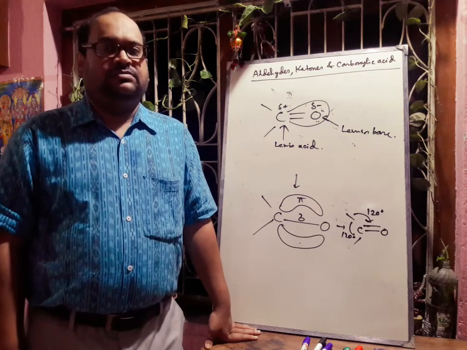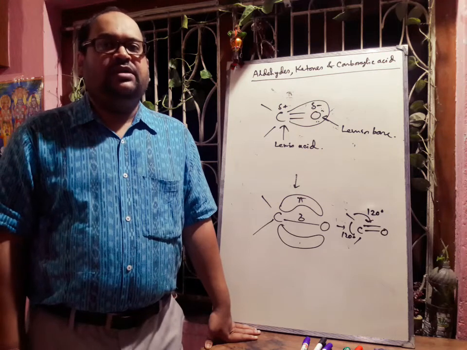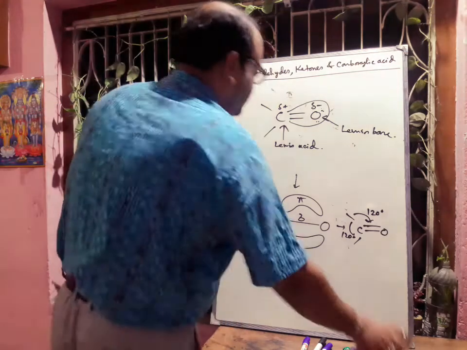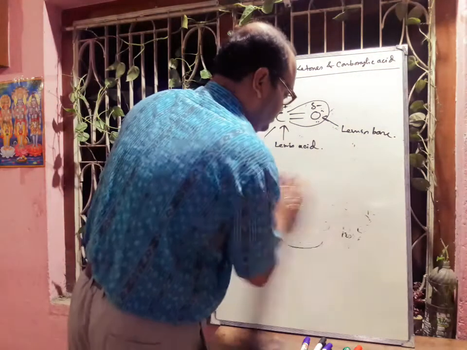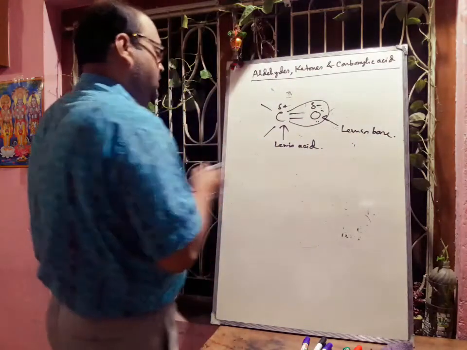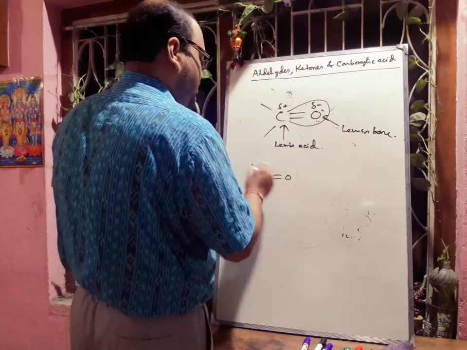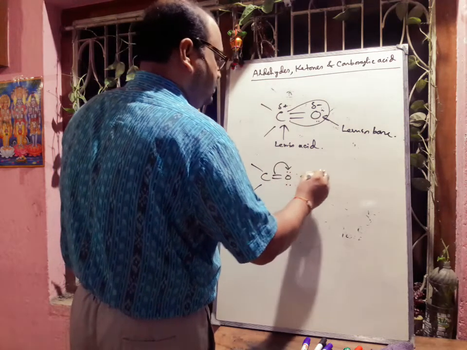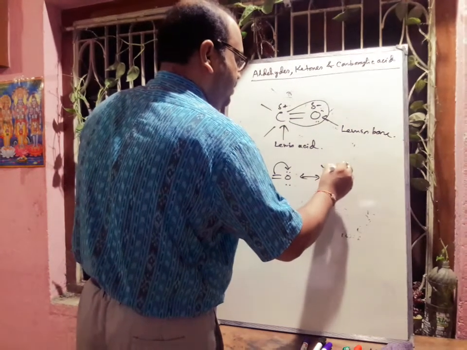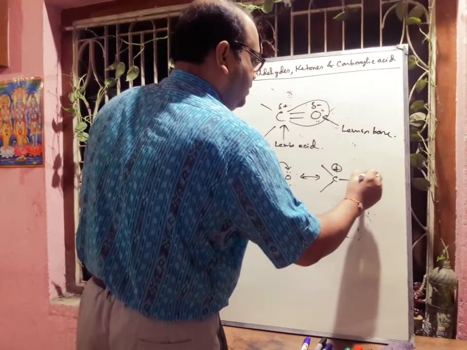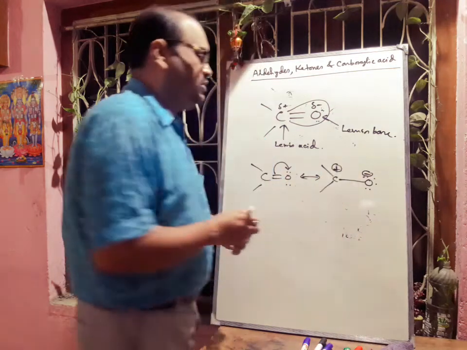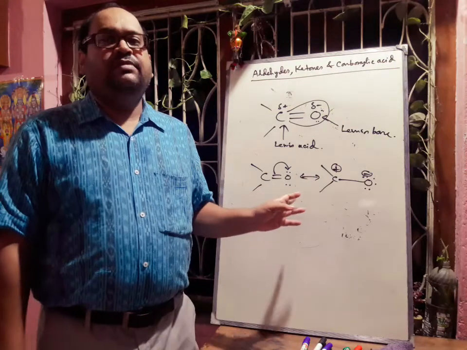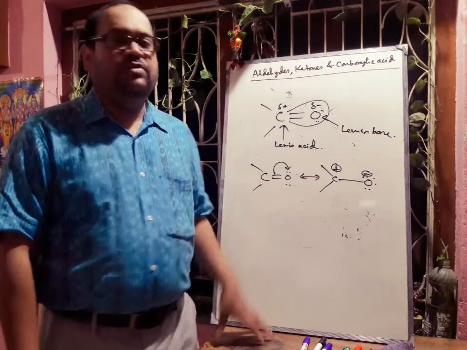Thus the carbonyl group is polar in nature, and that is why aldehydes and ketones have larger dipole moments. The high polarity of the carbonyl group can also be explained on the basis of resonance. There is also a chance of resonance. Only 2 resonance structures are possible. The electrons will shift here, there will be a positive charge, and there will be a negative charge. Because of this resonance structure, the polarity of the C=O bond will increase.